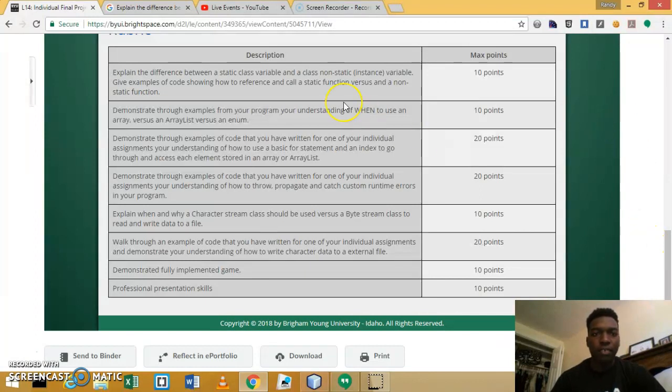And here I have the description for this final presentation. So the first thing I'm going to go over is explaining the difference between static class variables and non-static instance variables. Give examples of code showing how to reference and call a static function versus a non-static function. Demonstrate through examples from your program your understanding of when to use an array versus an array list versus an enum. Demonstrate through examples of code that you have written for one of your individual assignments your understanding of how to use a basic for statement and an index to go through and access each element stored in an array or